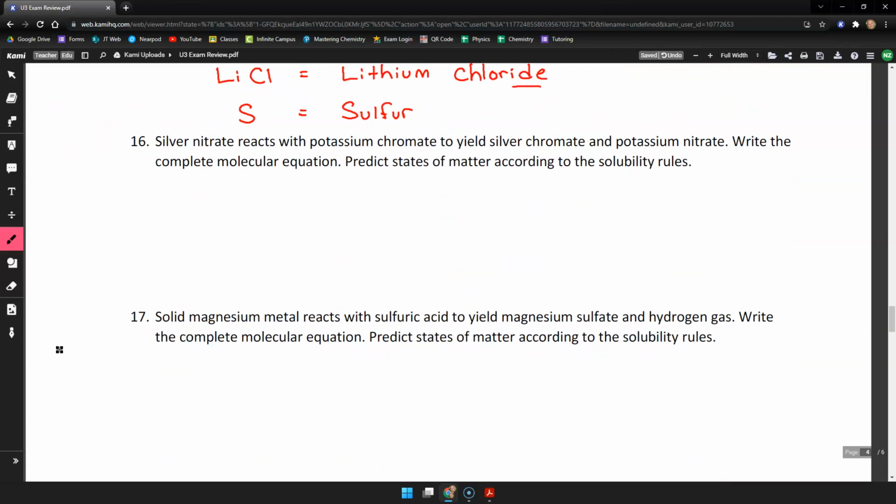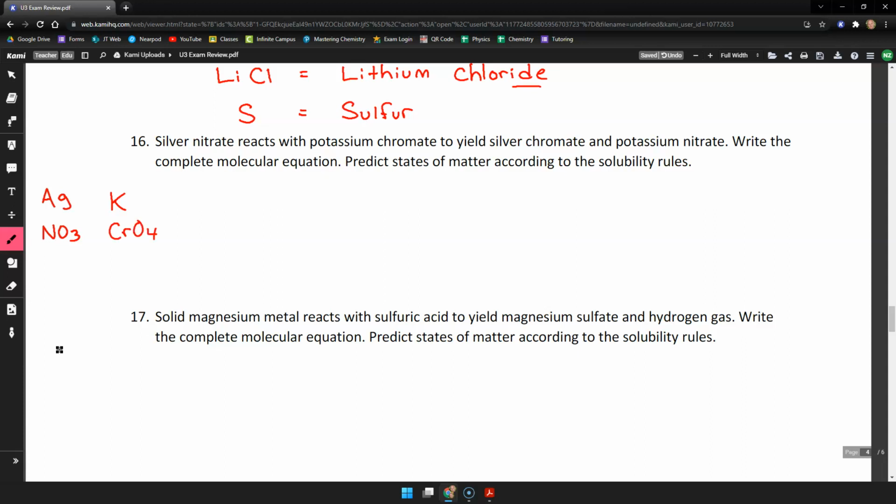All right. Silver nitrate reacts with potassium chromate to yield silver chromate and potassium nitrate. Write the complete molecular equation. Predict states of matter according to the solubility rules. All right, so silver nitrate. So we have silver, Ag. Nitrate is NO3. And then we have potassium. Oh, yeah, potassium. And chromate,